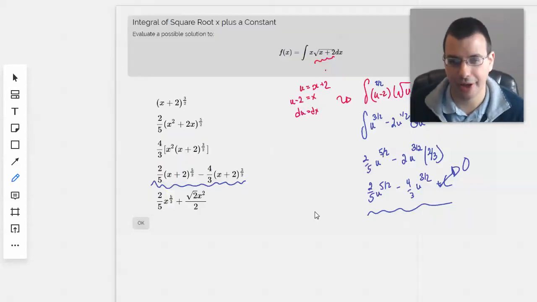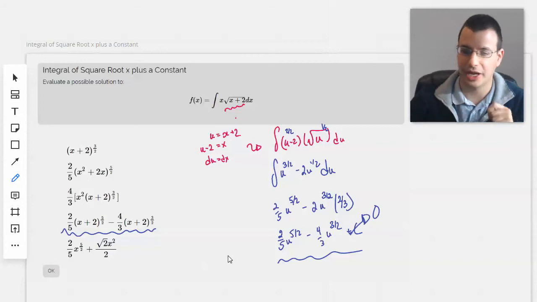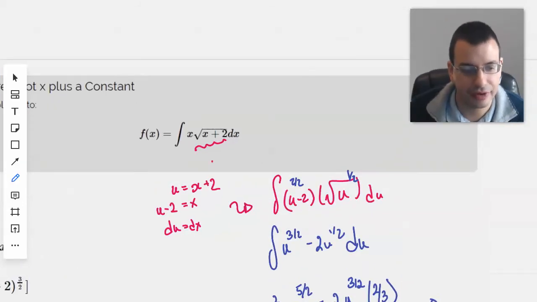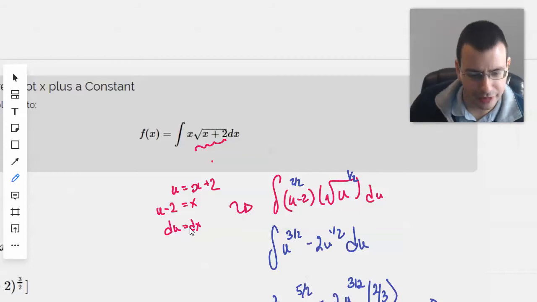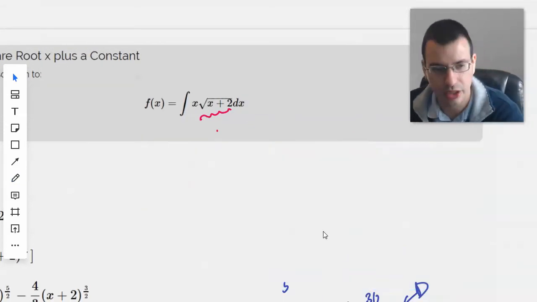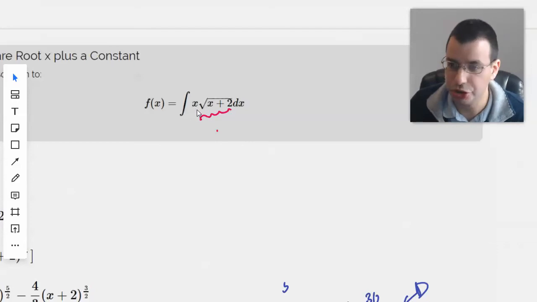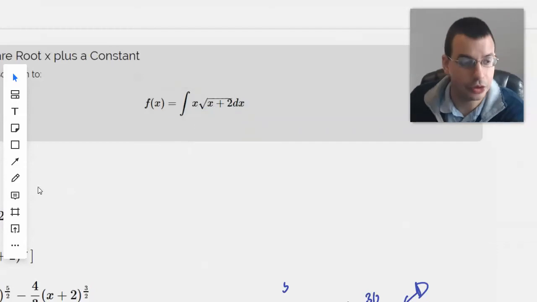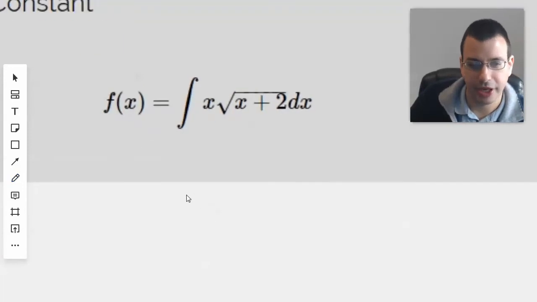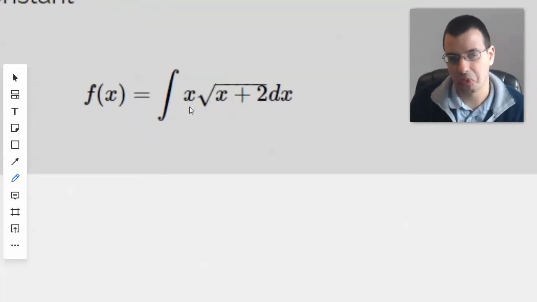Okay. Now backtracking slightly, one intuitive thing that you would think to do would just be to distribute the x, which is wrong. Well, you can do it. It just won't be useful. So you could be like, all right, here. So let's say